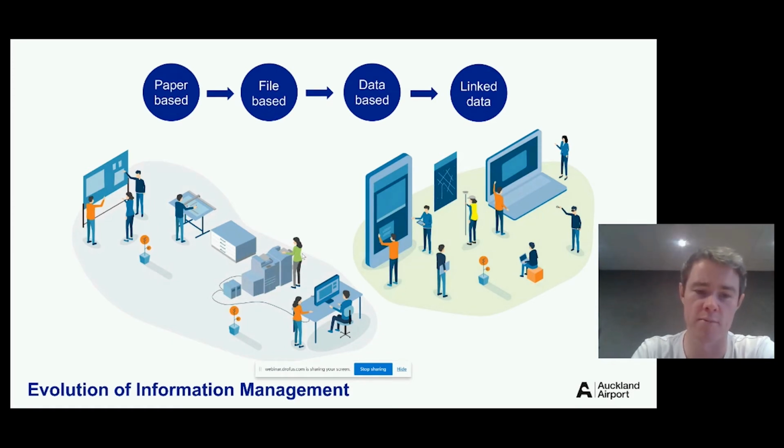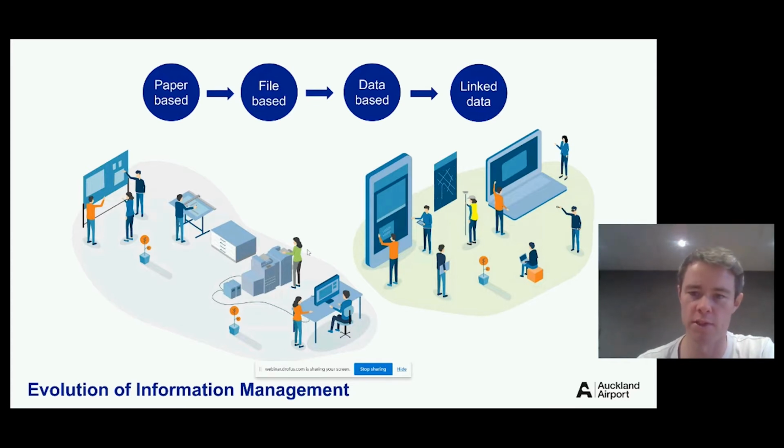So the next best step was to then scan the documents and digitize them in that way and store them on file servers. But it still was a very file-based way of managing information. And then around 8 years ago, GIS was introduced to the business. So this was then taking the 2D data that we knew of, converting it to CAD, and then pushing that up to GIS and actually working towards this database layer of information management, where we can view most of the airport's information in